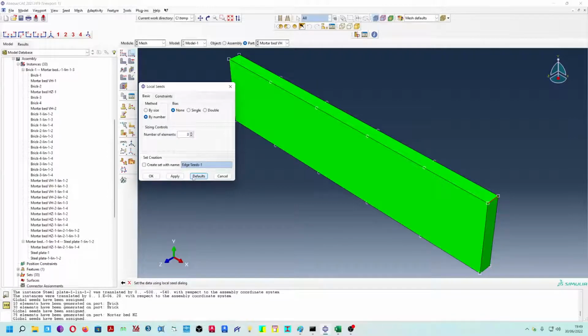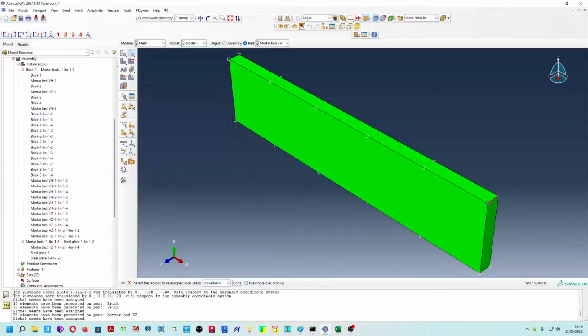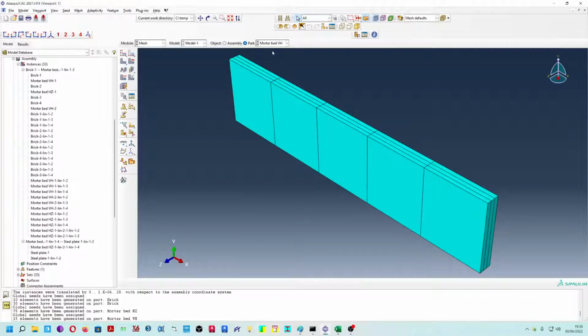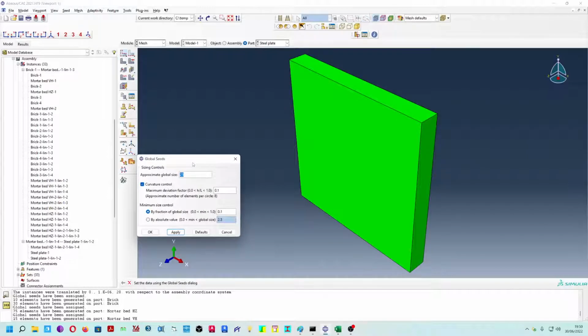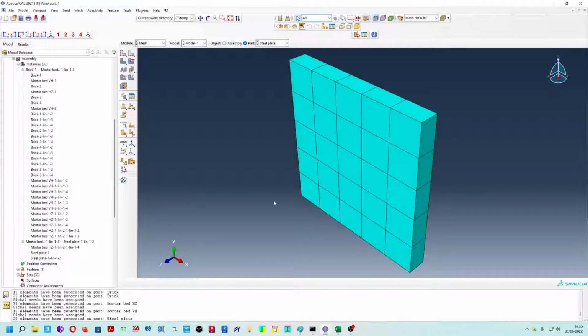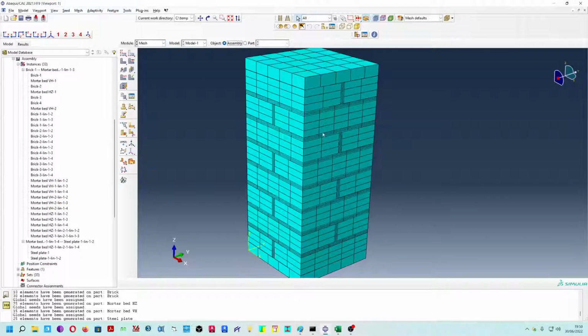The edge, the mesh, very ugly, and then the steel plate. The steel plate does not need that many elements, so three mesh elements over the thickness is enough. Then I just pick a 50, and that's okay. So if I go to mesh again, not on the part but on the assembly, here